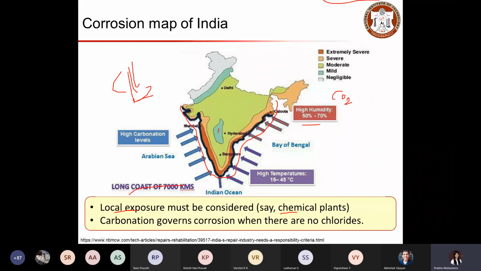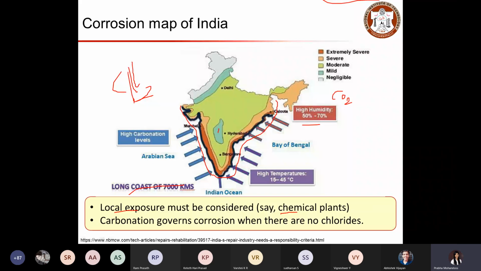For example, if you are constructing a chemical plant, then you have to look at the local exposure condition, whether it is a marine environment or a normal environment. Using this corrosion map, you can check whether it comes under the extremely severe category or mild category, and then the temperature effect also, whether the temperature is low or high. Depending on that, you can choose the materials for construction.